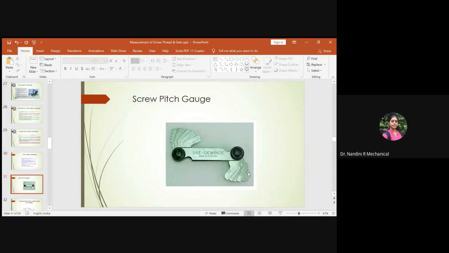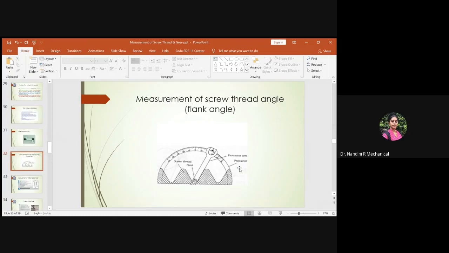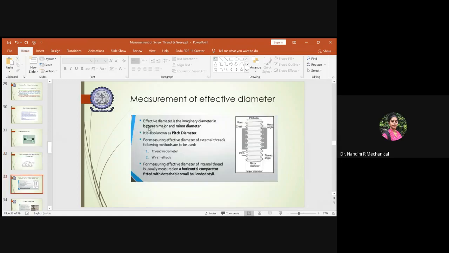Okay, screw thread, and then the flank angle. So how to measure the flank angle? You can see it just looks like a protractor. So you have a protractor arm, and you can just clamp it to one side of the thread here. So that will be your reference angle. And then again, you swap the protractor arm to the other side of the thread here. The difference between the angles you are getting will help you in determining the flank angle. So even this we have explained.